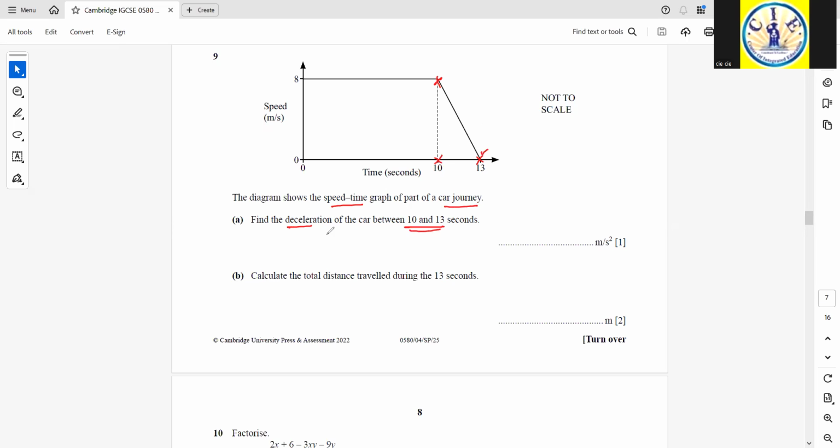So we know that the formula for the deceleration, that is also an acceleration, is final velocity minus initial velocity divided by change in time, delta t. So this is what we have. Final velocity is 0 here, and initially the car started from 8, divided by change in time. So 13 minus 10, that is negative 8 divided by 3. That gives us an answer of